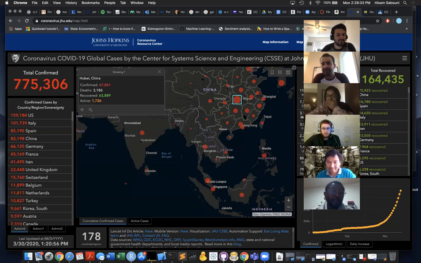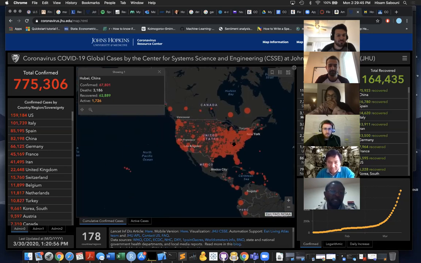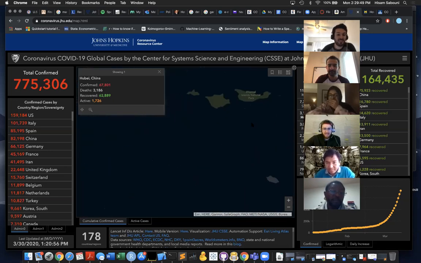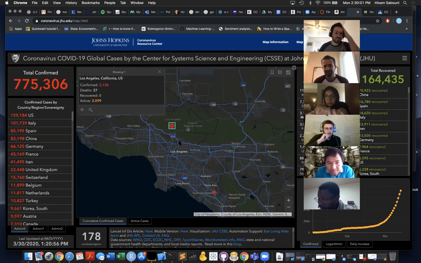The whole idea of random sampling is I take a bunch of random draws from the population and I can use that to make some general inference about the total population, right? So for instance, if I were to go back to the United States with all of our lovely little dots, and here's our great little Los Angeles. Here's LA. This is telling me there's 2,136 cases in LA. So that's telling me a very, very tiny fraction of the population has tested positive for corona in LA, right? What does that tell me then about the overall likelihood of someone having coronavirus in LA? Doesn't tell me anything,